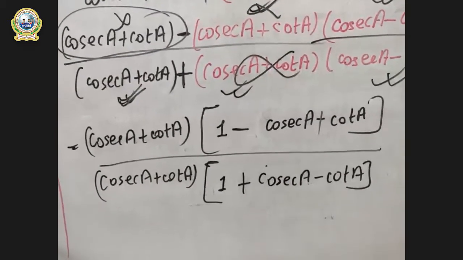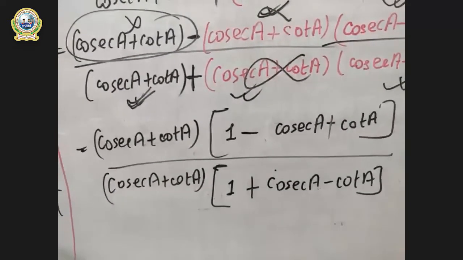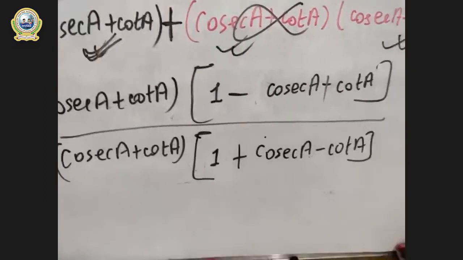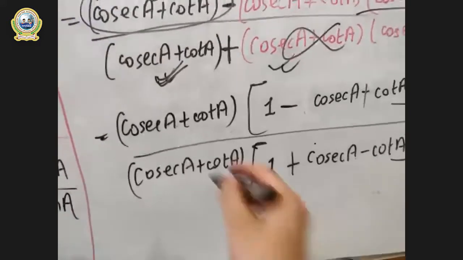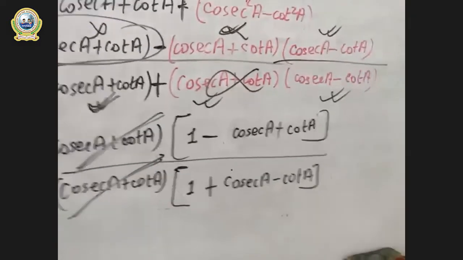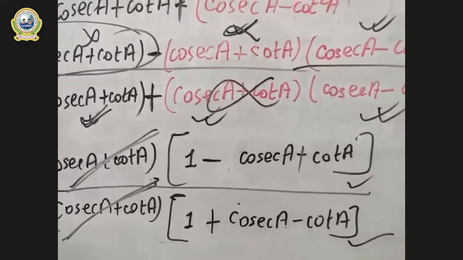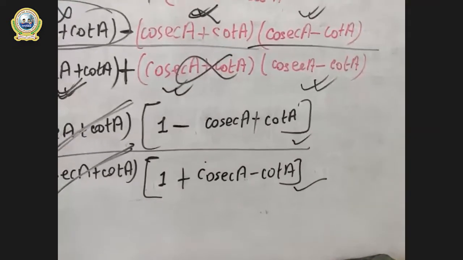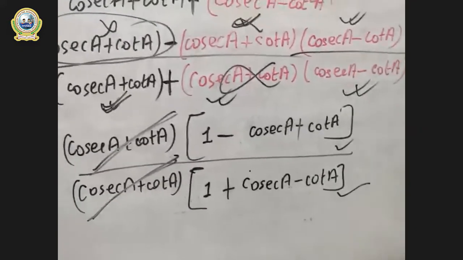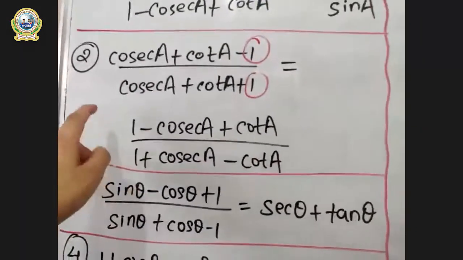Is this clear? I have just opened the bracket. And now this will happen. And look at this, something is again getting cancelled. These two will be cancelled completely. Right? So now we have only this left. I think this is our answer, right? Look at the question properly. This is our answer.